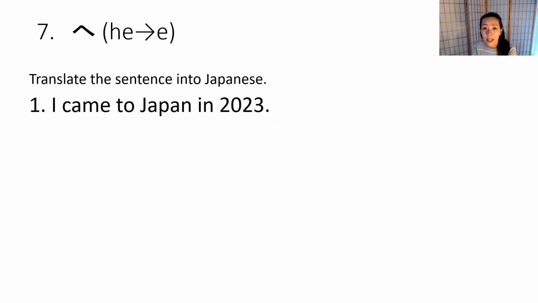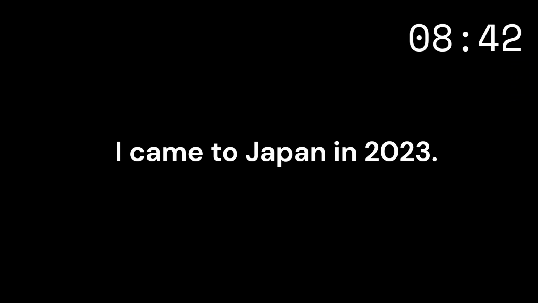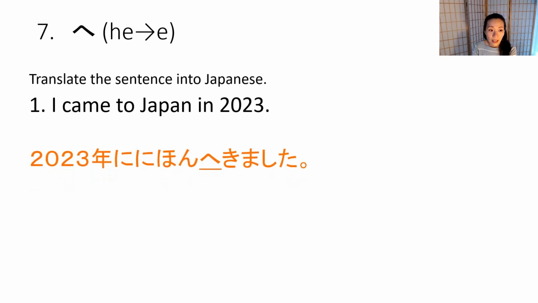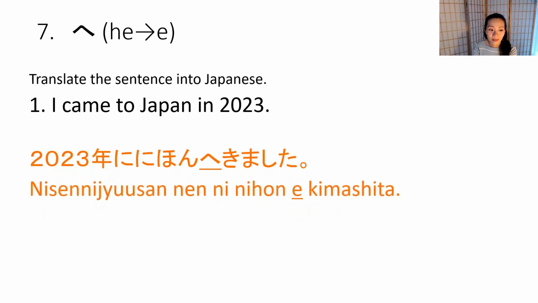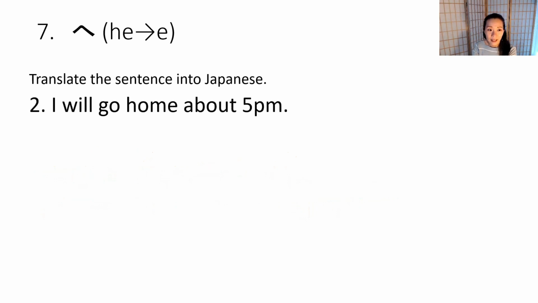はい。じゃあ次。練習問題ですね。練習問題 means practice exercise. 練習 means practice. 問題 is question. So practice exercise, translation. Number 1. I came to Japan in 2023. Start. はい。答えです。答え means the answer. 2023年に日本へ来ました。Repeat after me. 2023年に日本へ来ました。